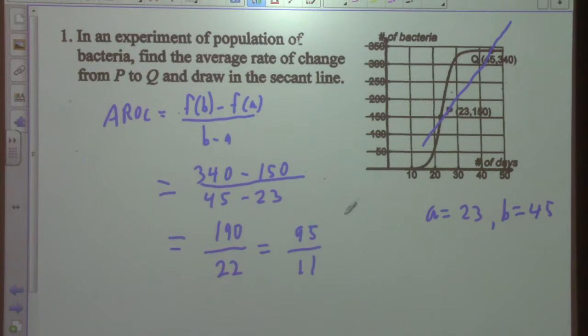Yeah, you got to look for it: number of bacteria is here, but slope is what? Rate of change. So it's going to be change in bacteria per day, right? Actually, rate of change of bacteria